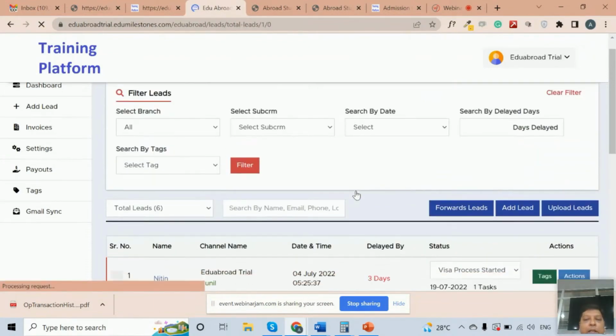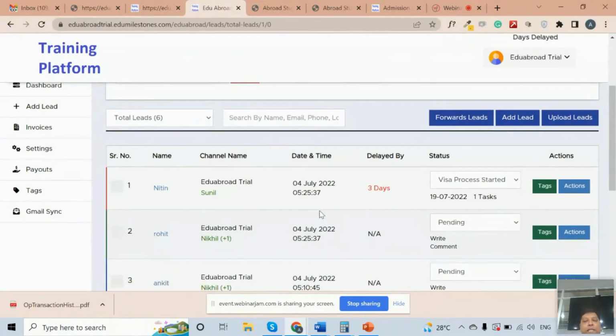Apart from that, if you have a process like one department will do certain tasks, second department will do certain tasks, and third department will do certain tasks, now, two ways you can configure. By default, a person who is the primary owner of that lead only can see that lead or that file. But if you want multiple members working on that file,